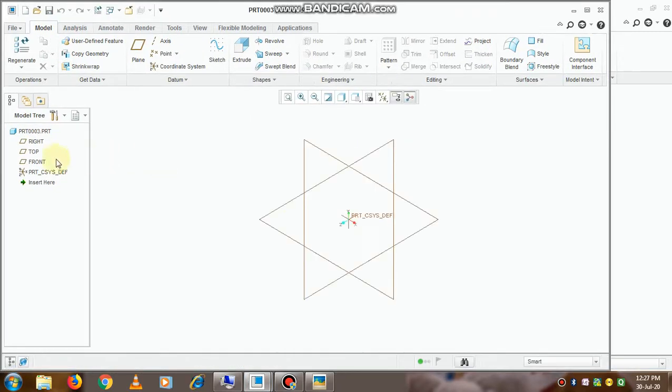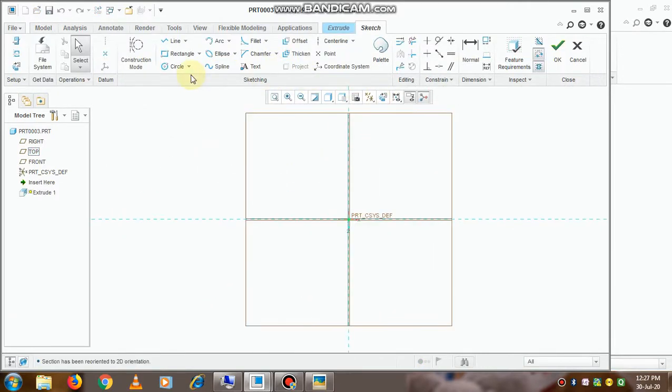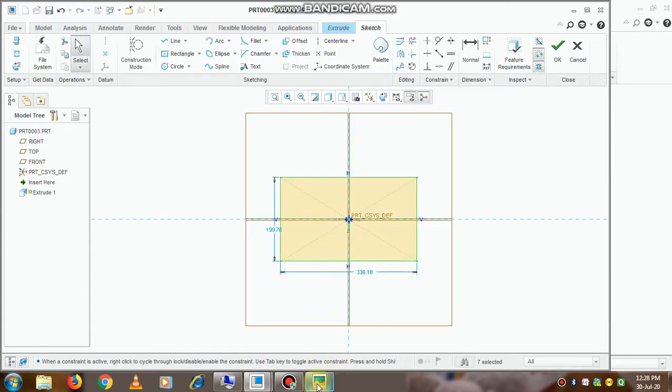So the new window is open. Now select the top plane and go to the option extrude. So we'll try to create a base plate first. So go to the option that is a sketch view and then the center rectangle. So we can create a rough shape first